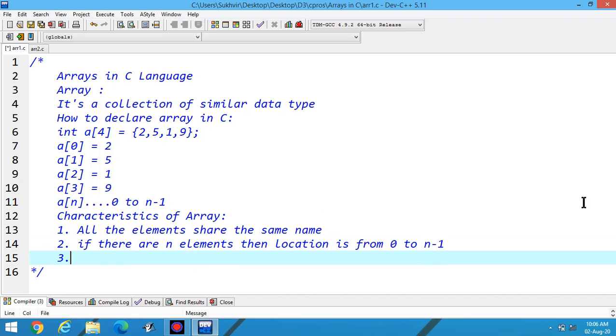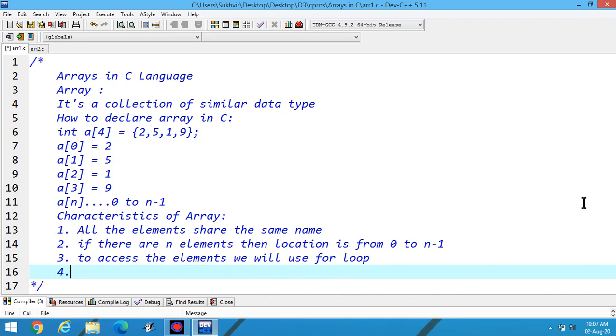Third one, to access the elements, we will use a for loop. In programming, we learn this.